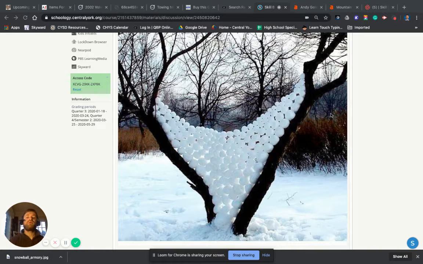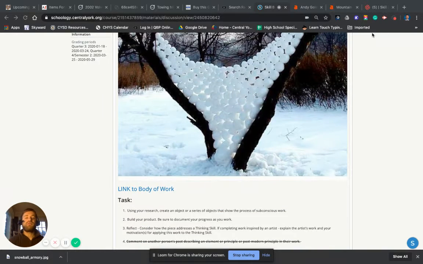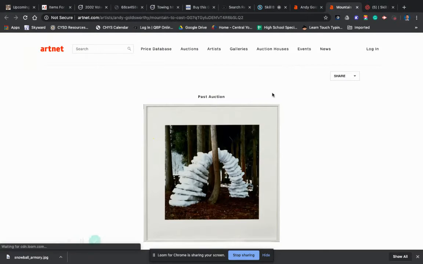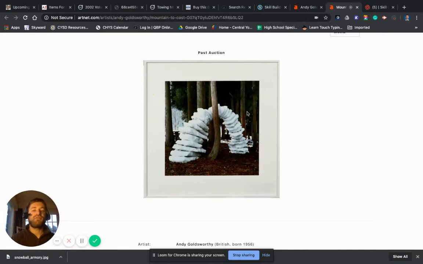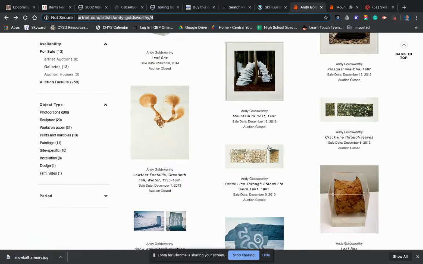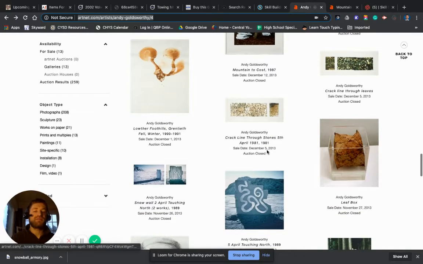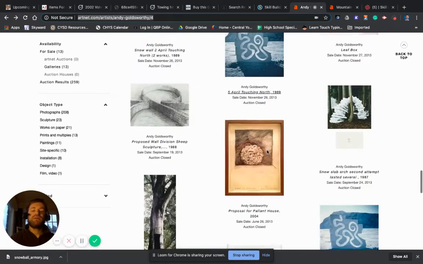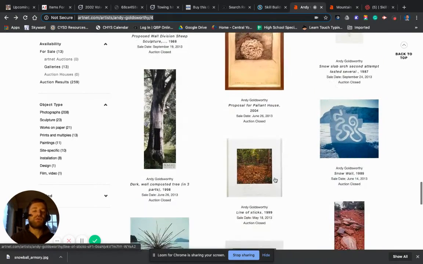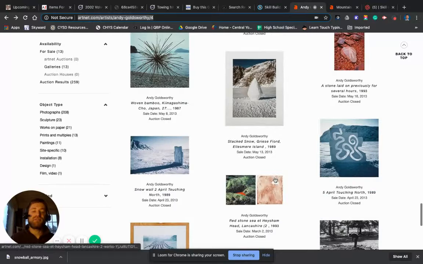So what I want you to do is down here, if you want to look at some work from Andy Goldsworthy, here's a photograph of a piece that was, again, created in the winter, but you can see how the slabs of ice or snow are stacked to create this arch, which I think is a neat effect. And as you look through here, this is the actual link itself. You can see how the work of Goldsworthy does not necessarily have a set